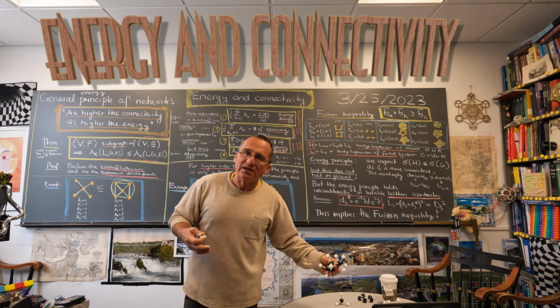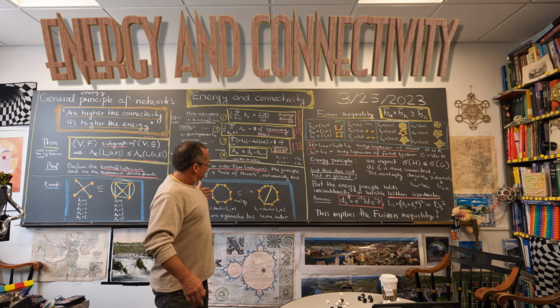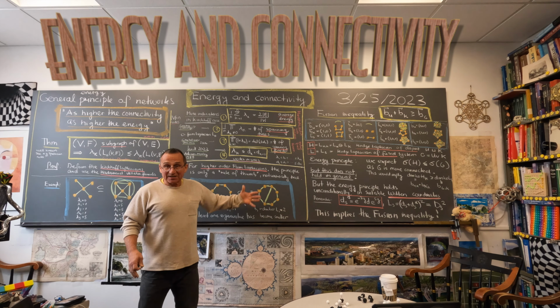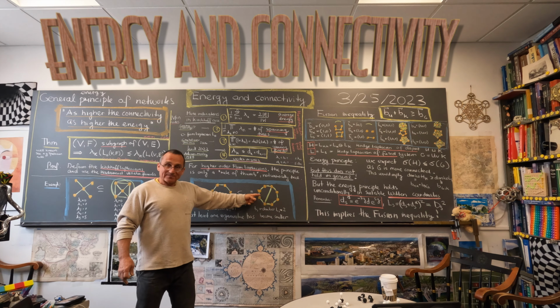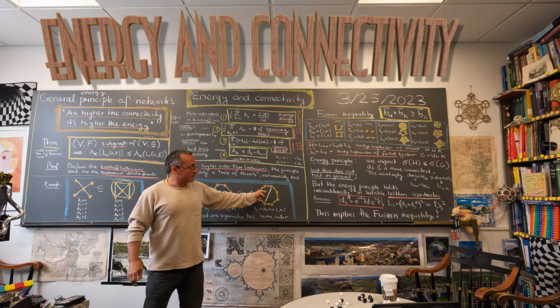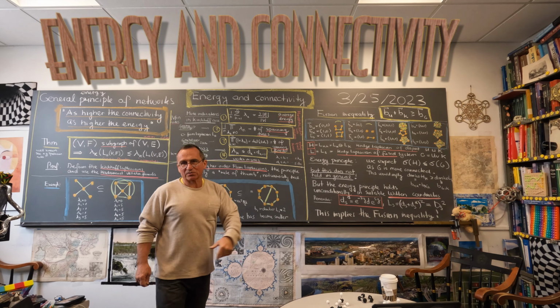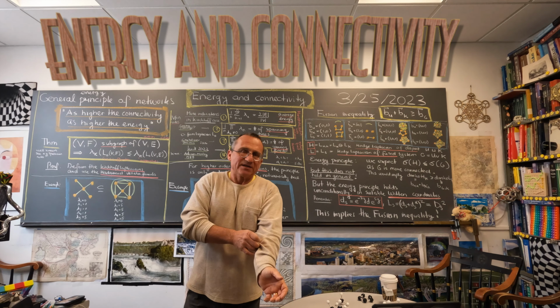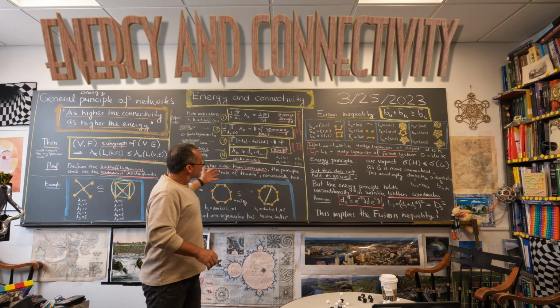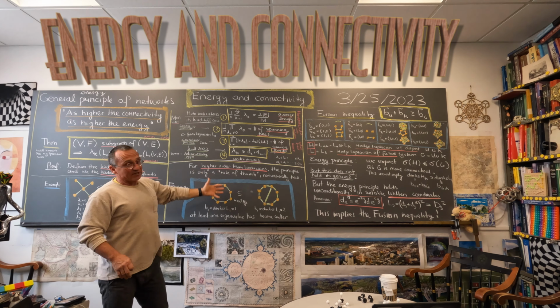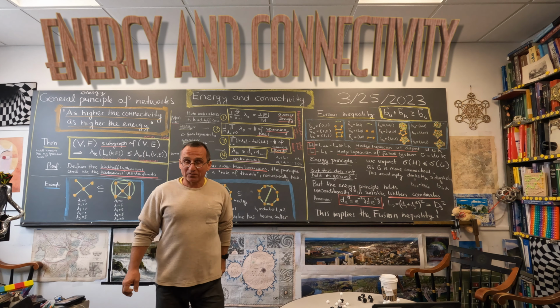More connected means more energy. So if you have higher energy, you would expect that the Betti numbers actually decrease, but here the Betti numbers have increased. So it's not true, and you can look also at higher Laplacians, it's not true in general. So for the higher order Laplacian, this is just a rule of thumb.